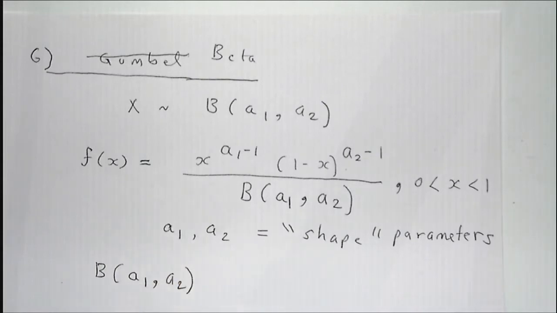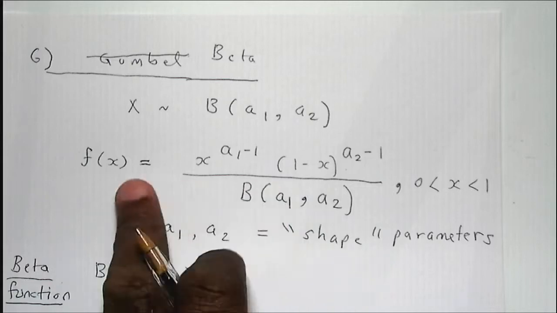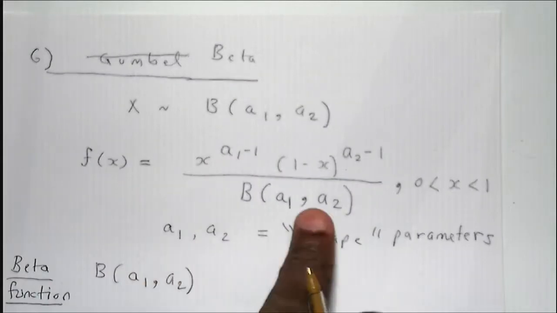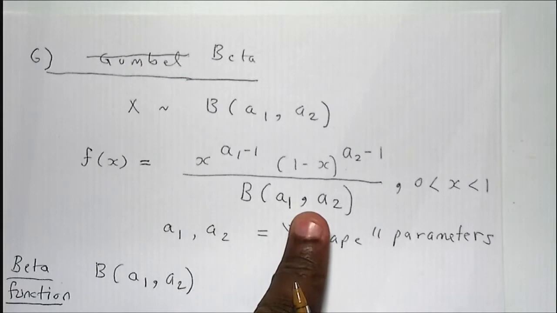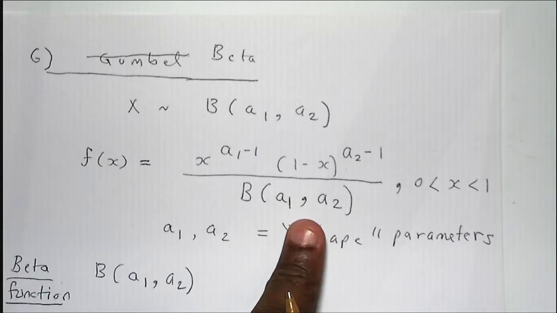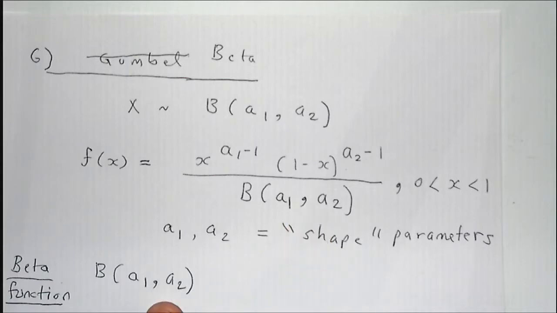Now, the function B is known as the beta function, right? This is known as the beta function. Just like the gamma function, this is also a mathematical function. Once again, this function is a mathematical concept. It has nothing to do with the density function here. The density function here is the density of a beta distribution. It's a statistical concept, whereas this is a mathematical concept, right? And it's defined as